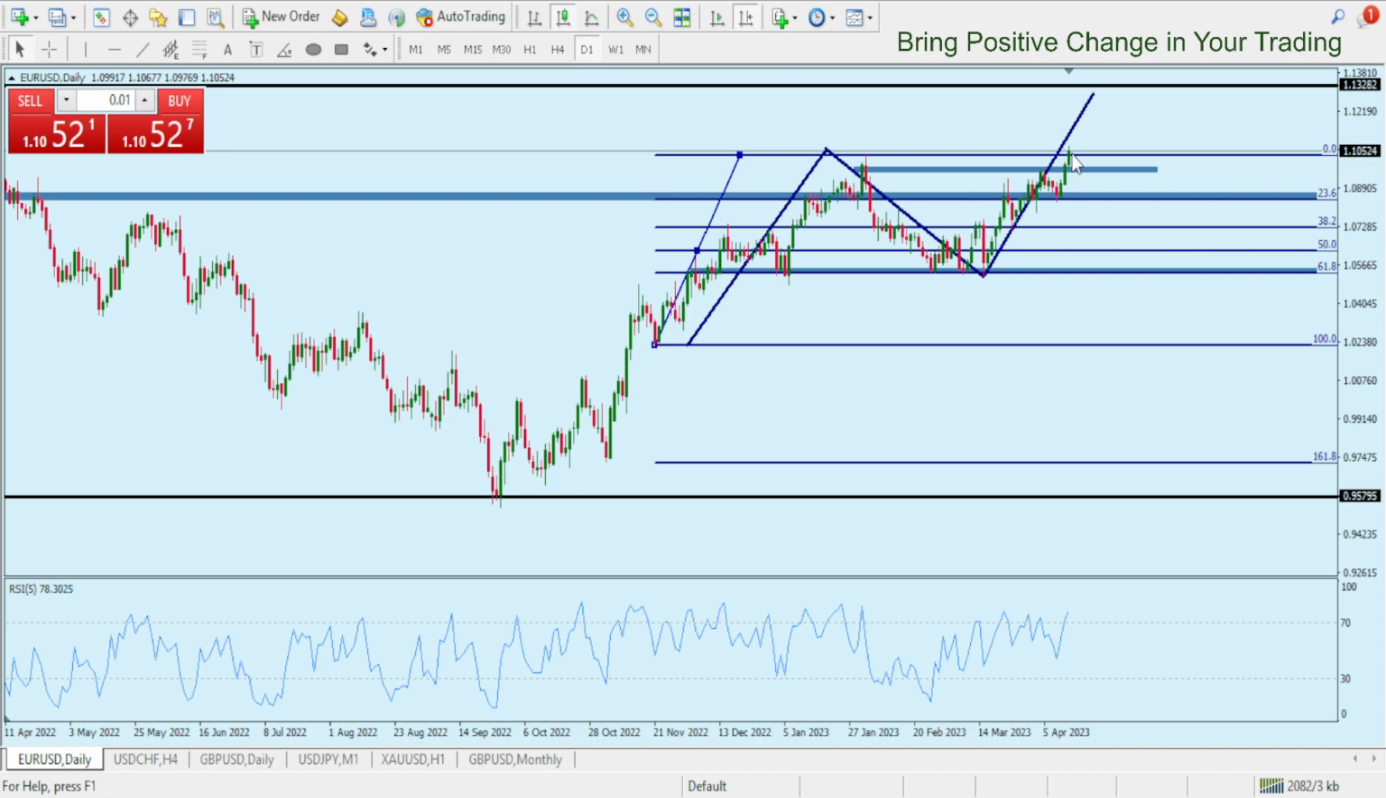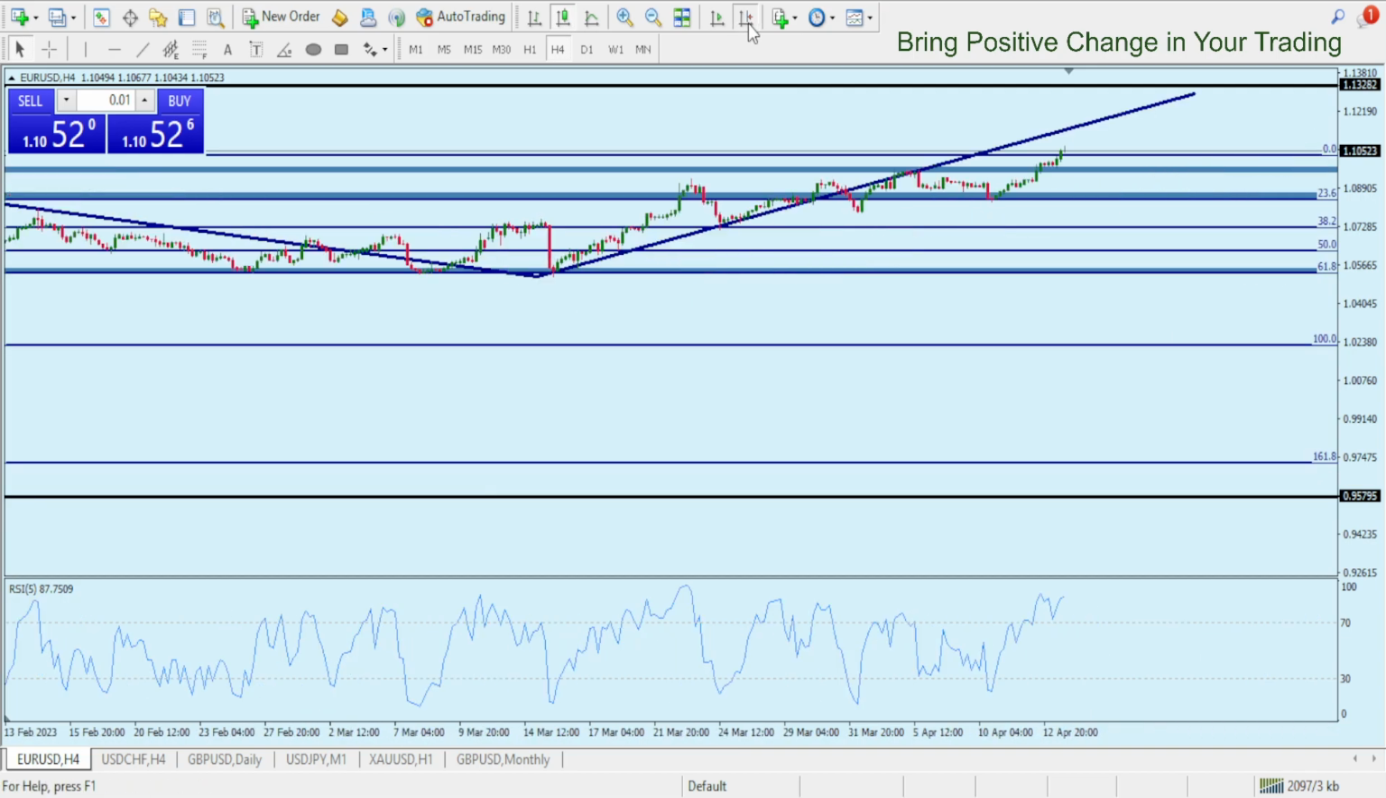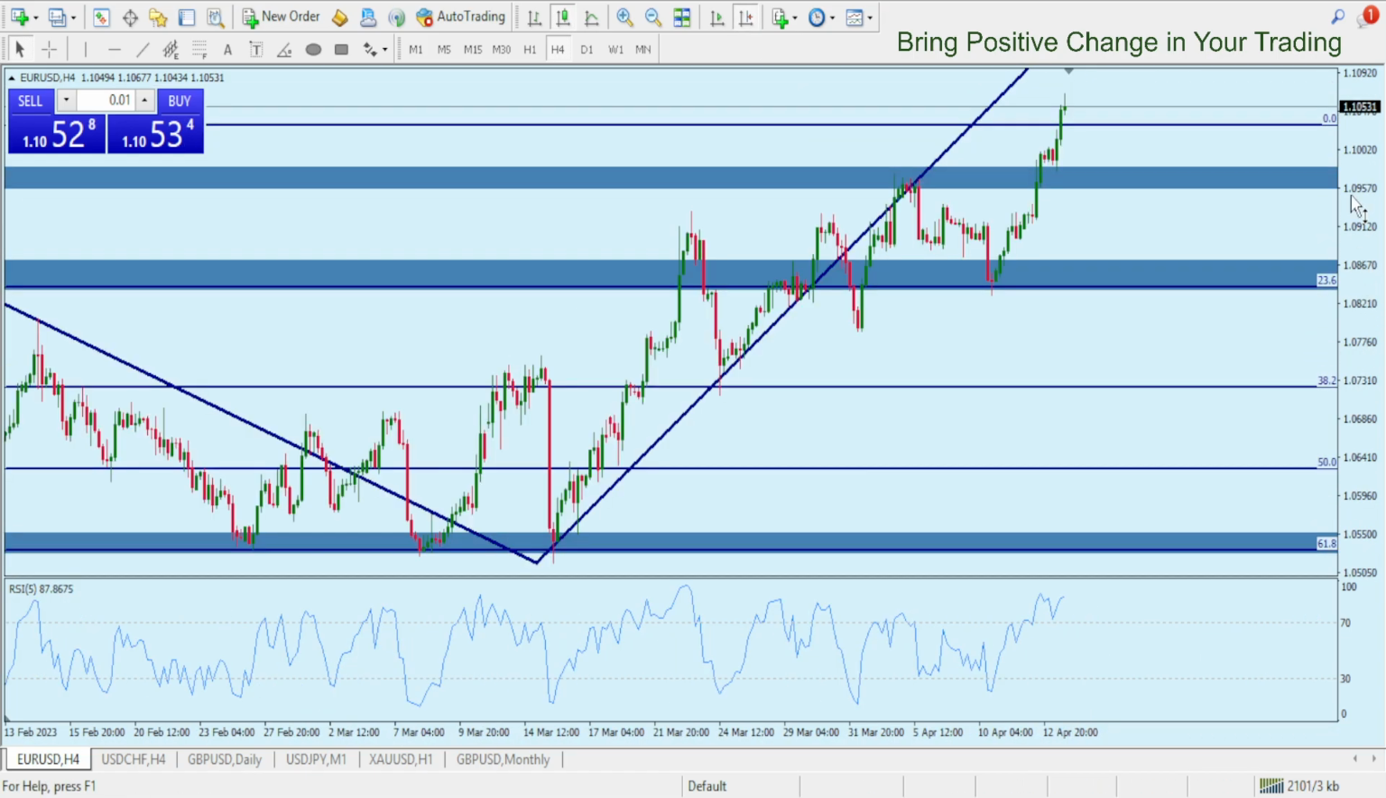So on the daily, it's clearly approaching 1.13282. Let's see if it closes today above this zone. It will definitely be approaching that. So now this is again a very, very good